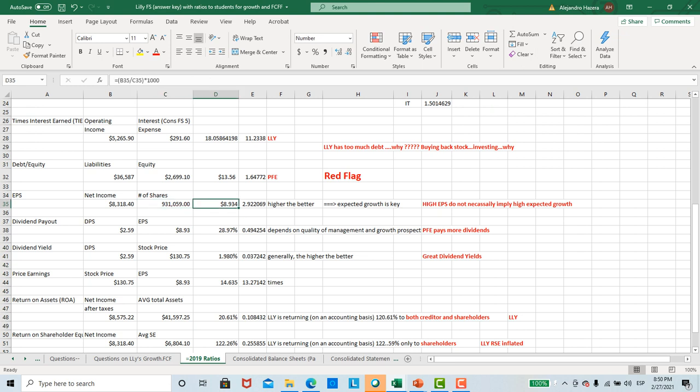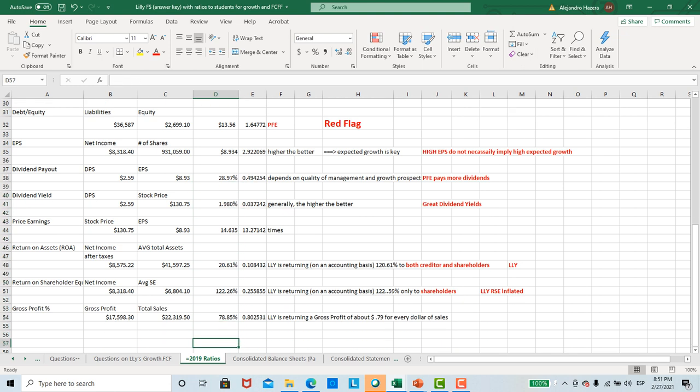Okay, then when it comes to these ratios here, comparing earnings per share doesn't mean anything. Compare the PE ratios, because with earnings per share you're comparing apples and oranges basically. It depends on the number of shares. Okay, so the growth is the same, but Pfizer pays a lot more in dividends. So if the growth is the same, and Pfizer's paying more dividends and has less risk because of less debt, I would start looking at Pfizer more from a basic perspective. And then finally, Lilly's return on shareholders' equity is inflated, and gross profit margins are about the